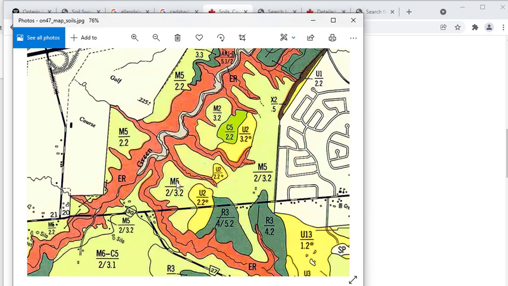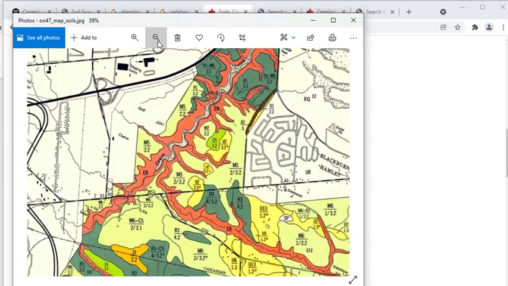It's M5 and then mostly it's 3.2 in the base, 2 or 3.2. And the Carlsbad has U2 here. And then again there is M5. So we need to find out what is M and what is the texture 2 or 3, when we look at the legend.